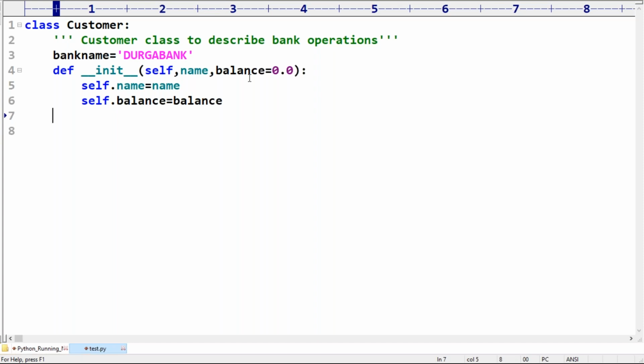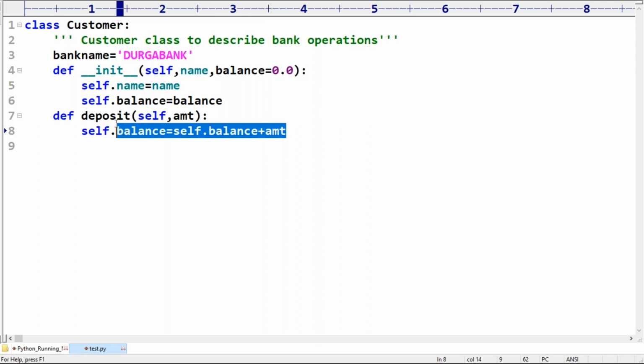Now my requirement is, I want to call def deposit operation, self comma amount. How much amount you want to deposit? Okay, amount I have to pass. Now in the case of deposit operation, what I have to take is self.balance equals self.balance plus amount. Correct, right? If you are trying to deposit some amount, this amount will be added to the balance.